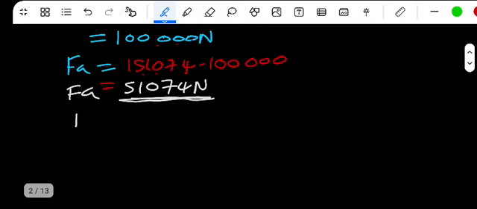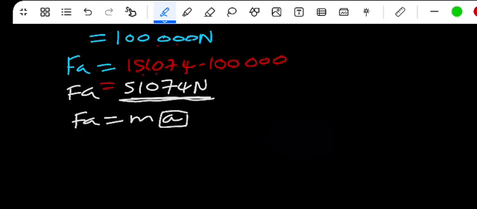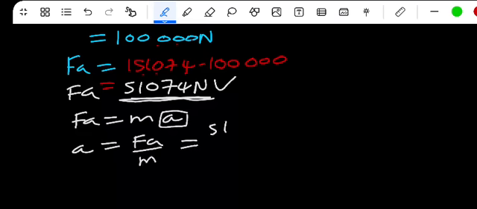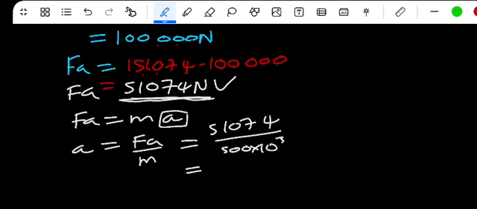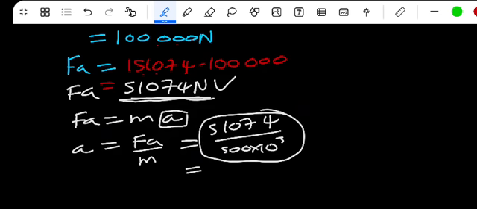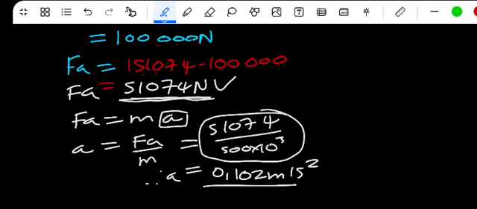Because we know that FA is equal to mass times acceleration, if we make A the subject, A is FA over mass. FA here is 51074. Mass is 500 times 10 to the power of 3. Therefore acceleration will be equal to what? This is not our final value anyways. These are just necessary steps we're supposed to take